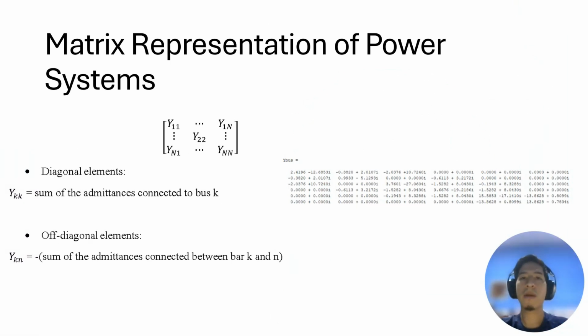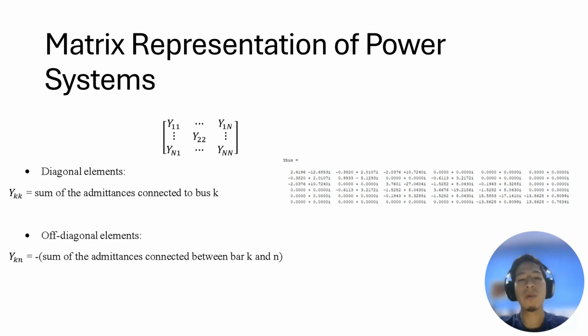My name is Aldo, and I am going to talk about the matrix representation of power system. A bus matrix is a mathematical representation that describes the relationship between the nodes or buses in the network. This matrix is used to simplify and analyze the behavior of the electrical system. This matrix contains the admittances of the branch, and it is used in analysis to determine voltages and